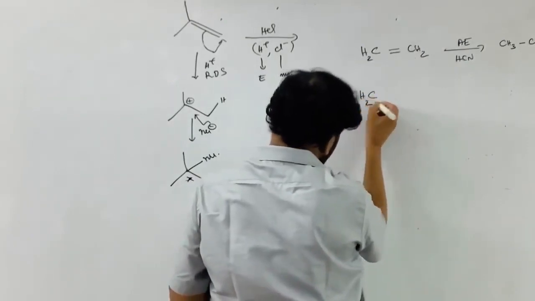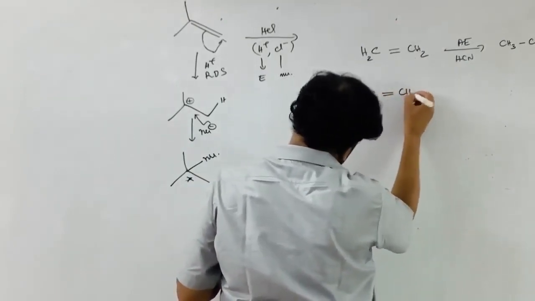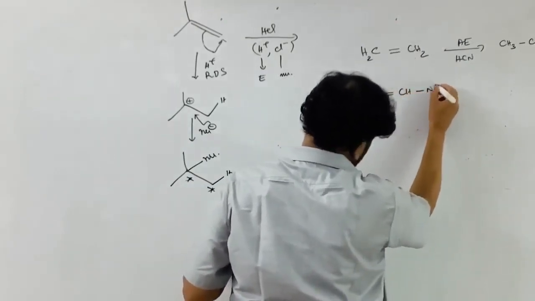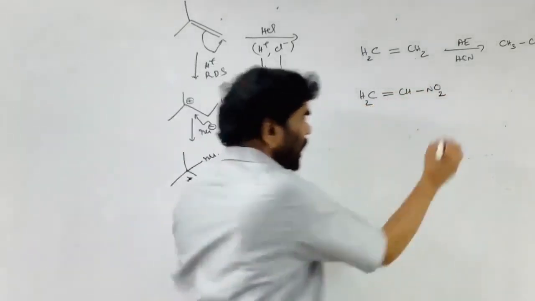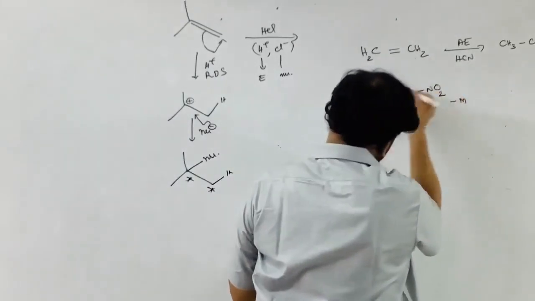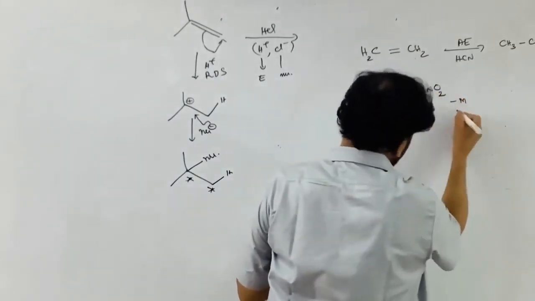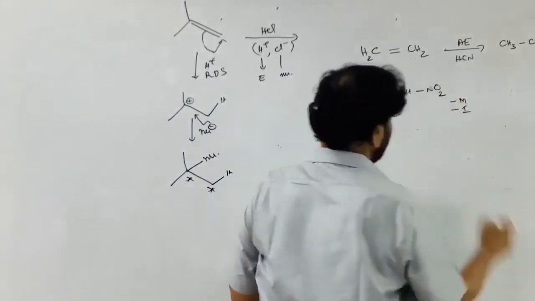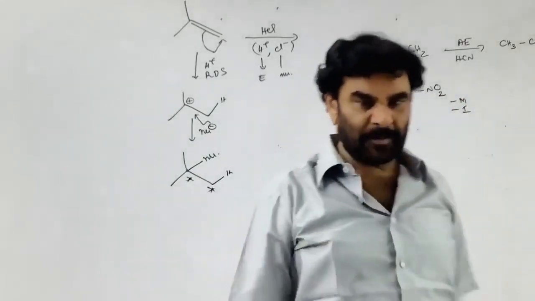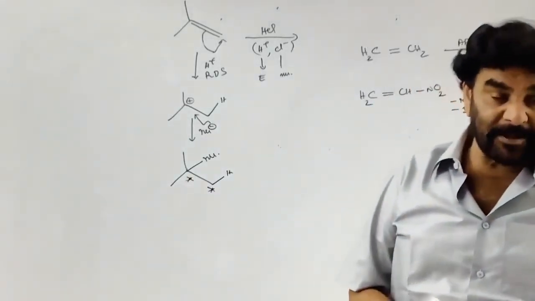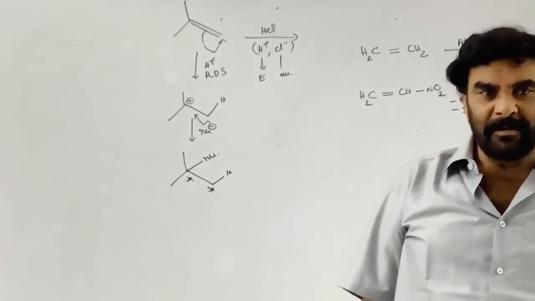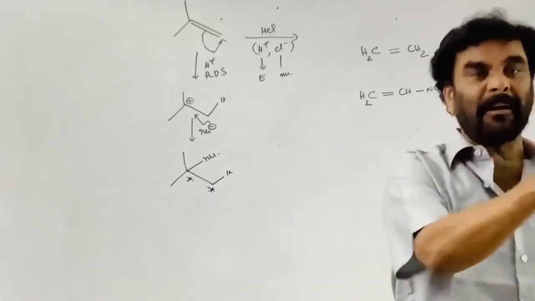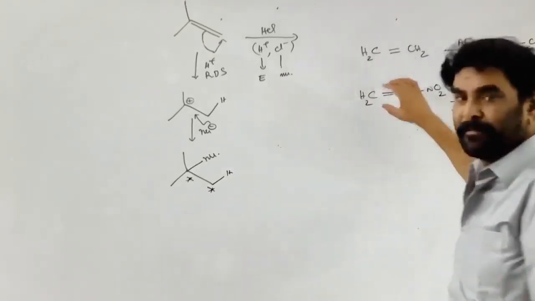Now suppose you introduce a nitro group on this, which is a minus M group. It shows the minus M effect, being involved in resonance by taking the electrons, and it is a minus I group. An electron withdrawing group is present. An ethylenic center with the electron withdrawing group decreases the electron density of the pi center.